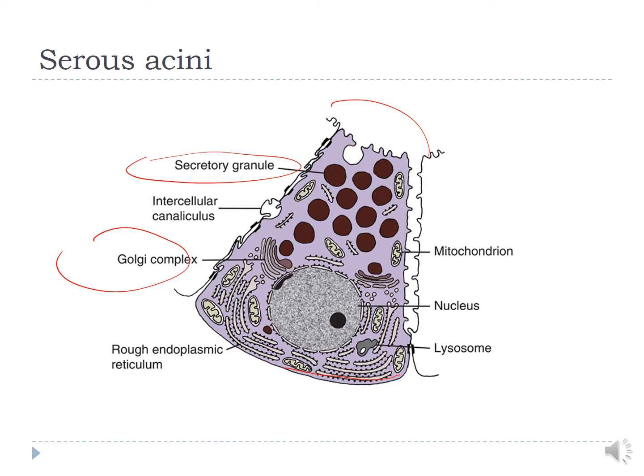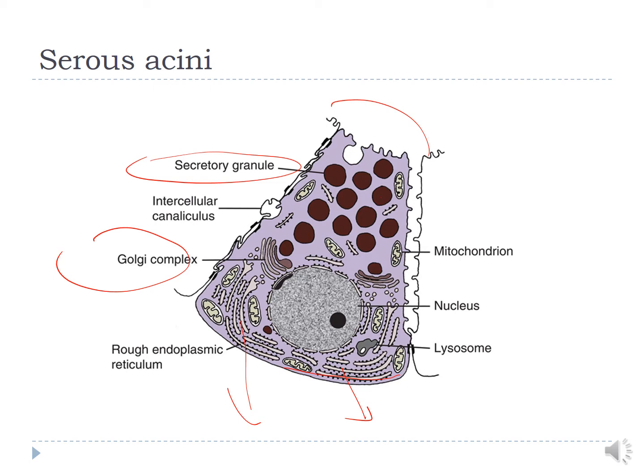So examination of an H&E stained section reveals that the basal region of secretory cells gives a basophilic stain, while the apical region stains acidophilic. The basophilic staining of the basal part of the serous cell is due to the abundance of rough endoplasmic reticulum and free ribosomes in this part. Now here you can see the well-developed rough endoplasmic reticulum, and the apical portions of the serous cell stain acidic due to the presence of a large number of zymogen granules.